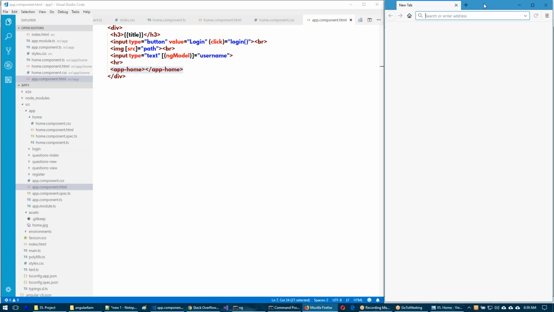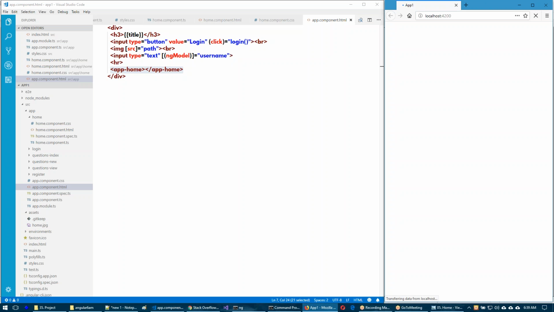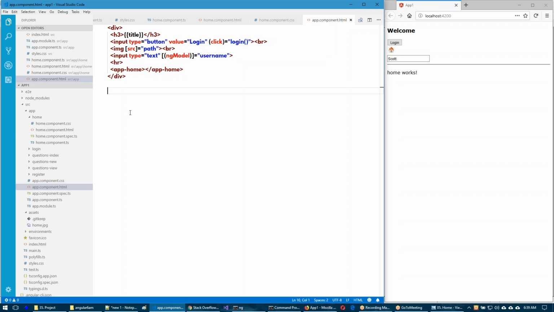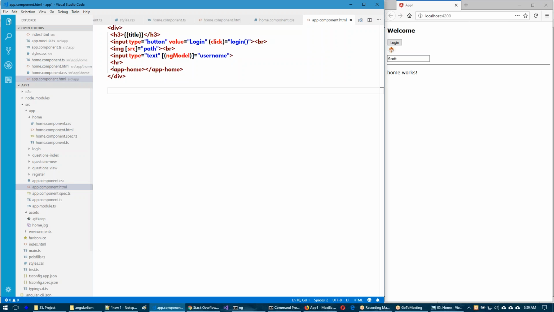Open the browser and go to localhost:4200. Now we can see home works. What exactly happened is really simple. The home.component.html template is available, right? This template will be rendered here. That's it.